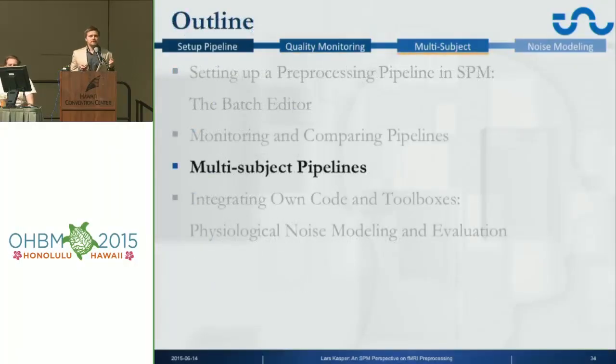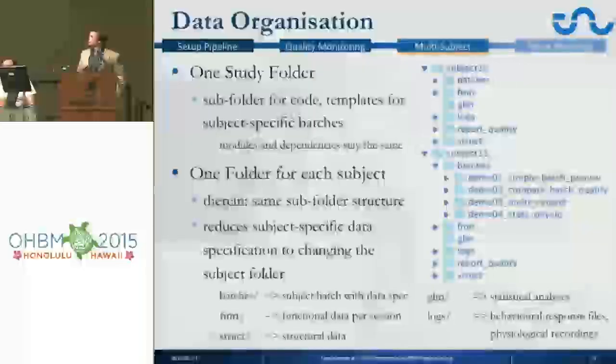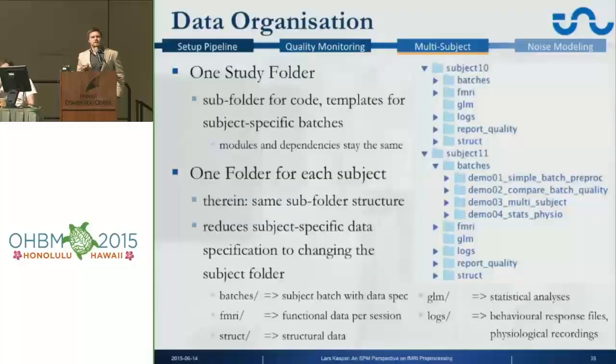So finally, doing multi-subject pipelines is very easy once you've set up such a single subject pipeline. And the only thing you have to take care of is data organization. So you create one study folder where you put all your code and your template batches. And then the modules and dependencies of your pipeline will stay the same between subjects. So the only thing you have to take care of is the third part of these pipelines, which is the